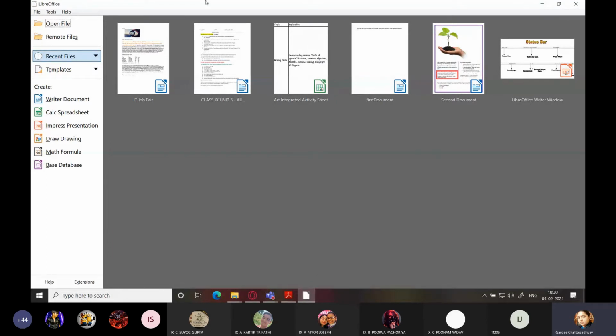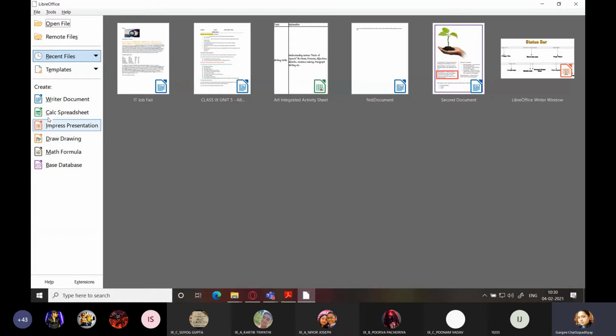Now this is the LibreOffice panel, and this area shows what? Can anyone tell me what do you see over here? What are these icons? Files we opened recently. Very good. Recently opened or accessed files in LibreOffice.